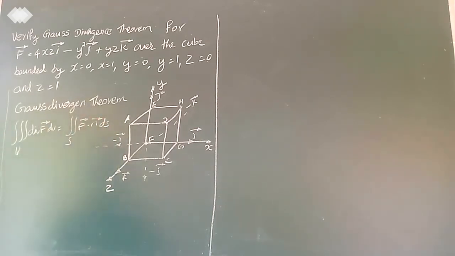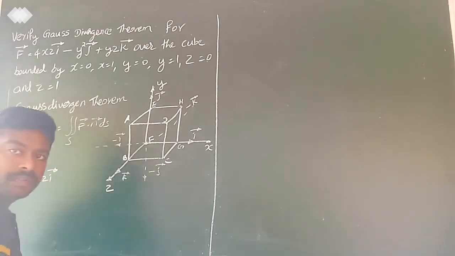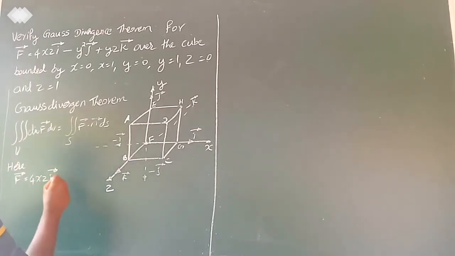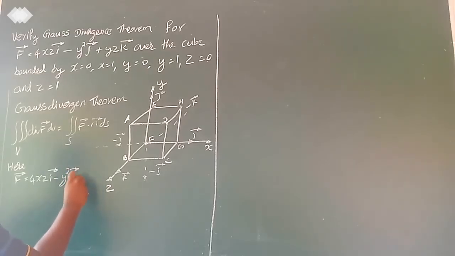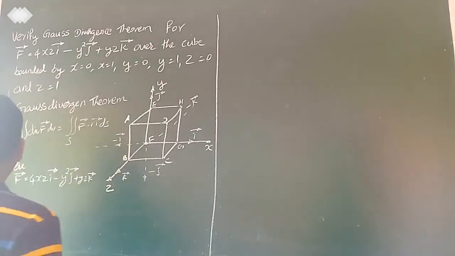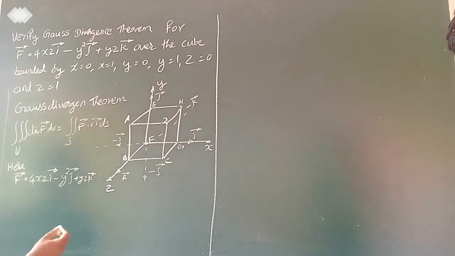So here f vector equal to 4xz i vector minus y square j vector plus yz k vector. Therefore, divergence of f vector equal to,